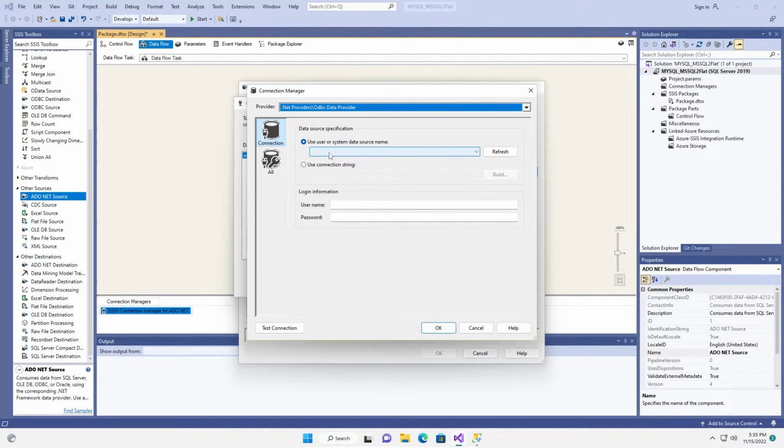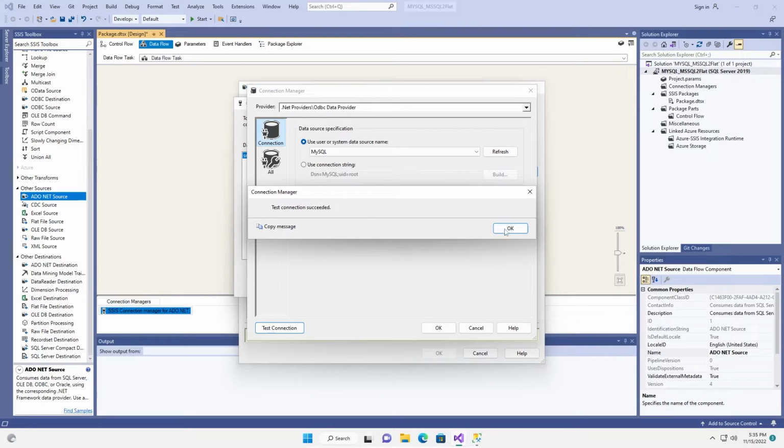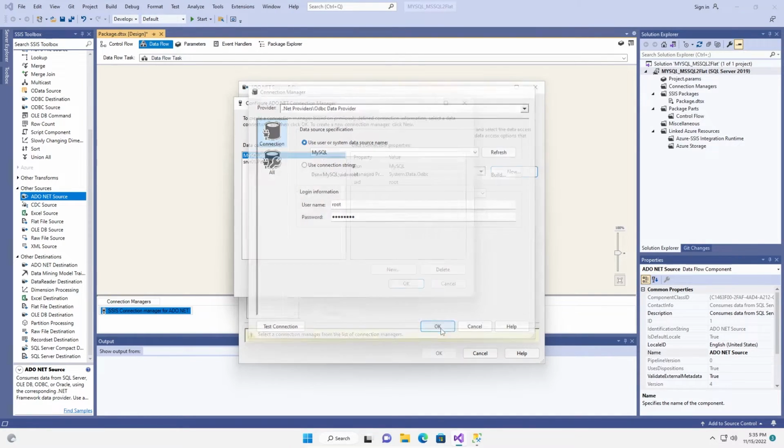You have to provide the data source name. So you can see the MySQL data source already. You can see here MySQL. Now you have to provide the username and password for MySQL. The MySQL username was root, password. Test connection succeeded. Yes, okay.